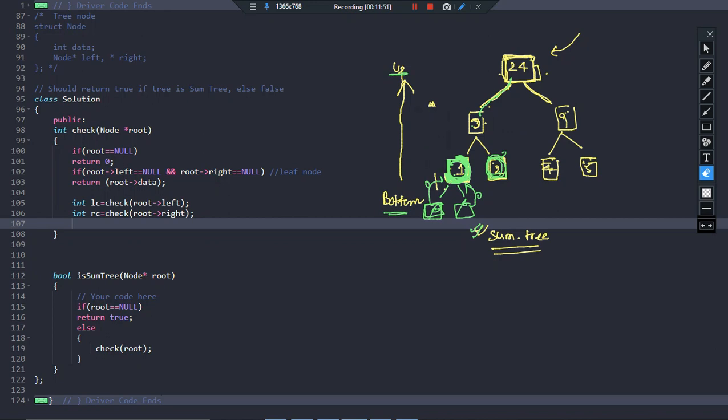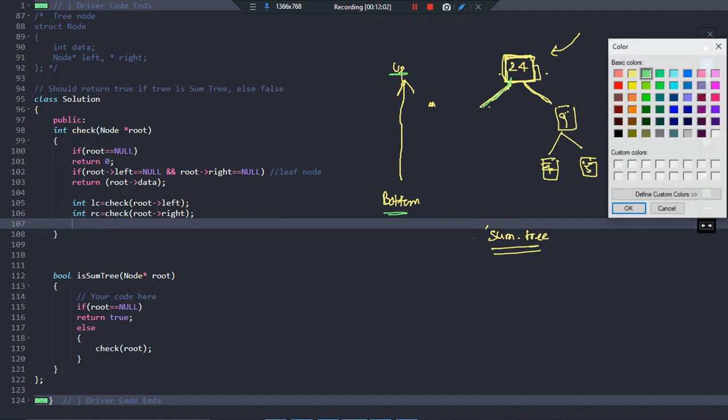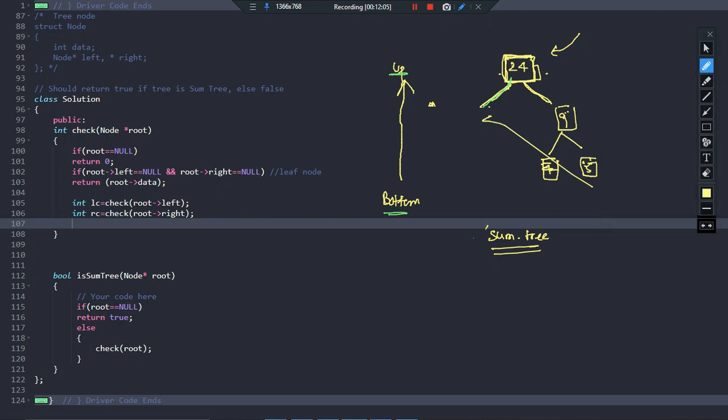So I hope you understood what I am doing here. Bottom up, it's fine. So 1 to right. Okay. Let me draw this tree again. So this was 3 here, and this was 1 here, and a 2 here, right?